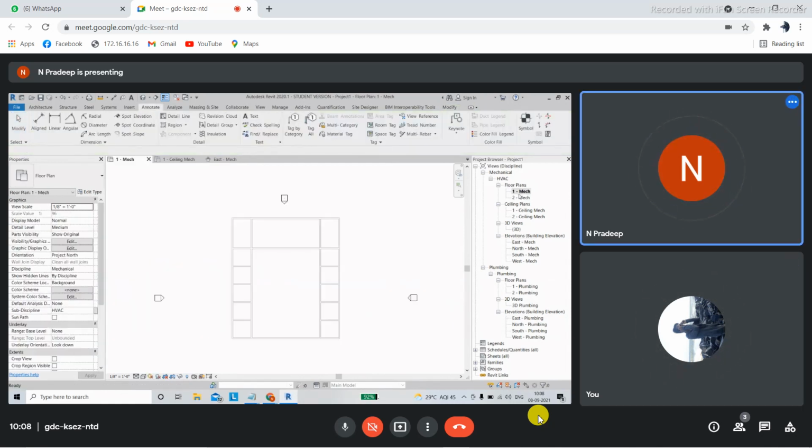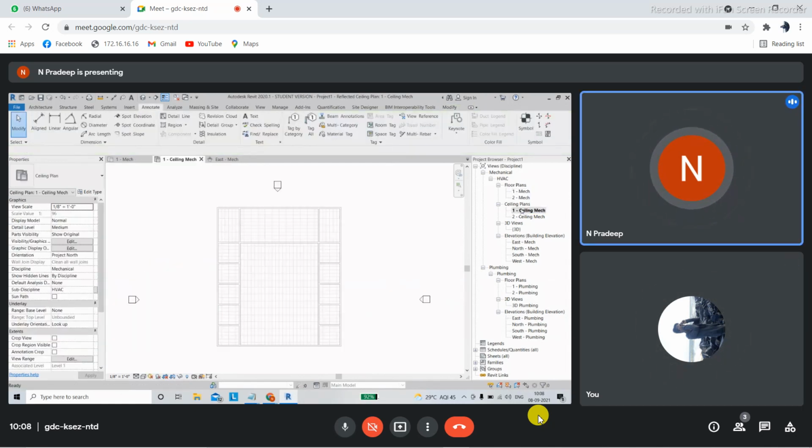Okay, now what I'm going to do is I'm going to keep it in ceiling view. I'll keep it in HVAC floor plan ceiling view. HVAC ceiling view, I've opened level 1. In that, what I'll do is I'm going to place the diffusers now. I'll go to